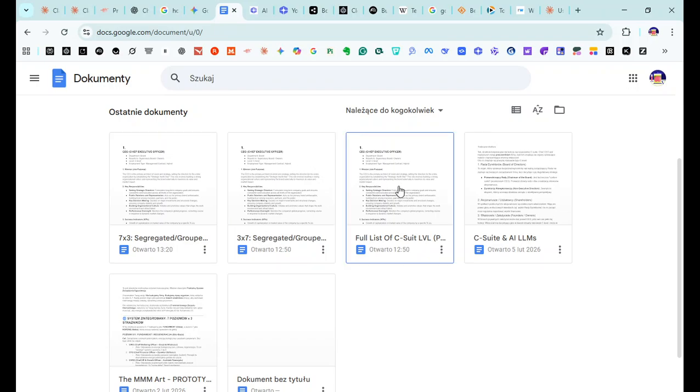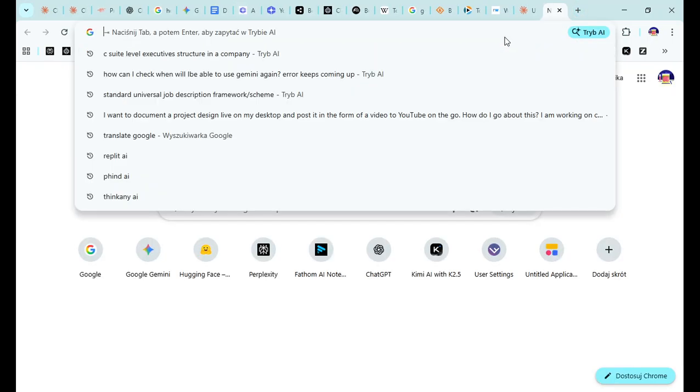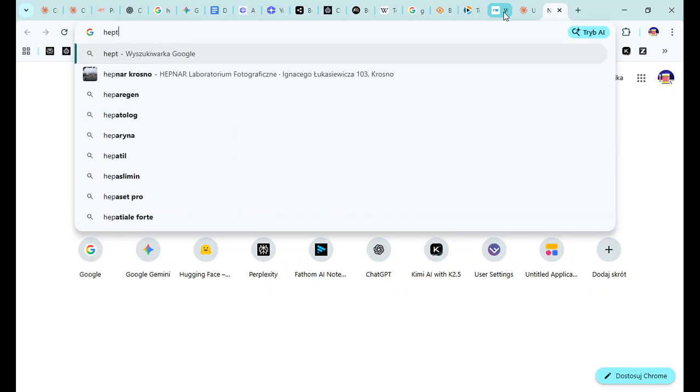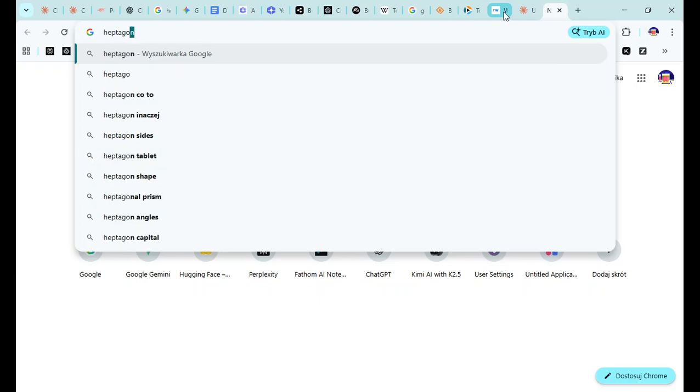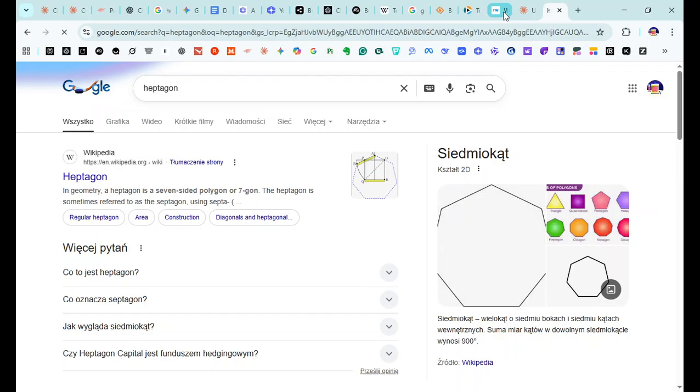And actually I managed to figure out something that I want to show you. I am not sure if I will be able to explain fully the idea that stands behind it, but there's a thing called heptagon.